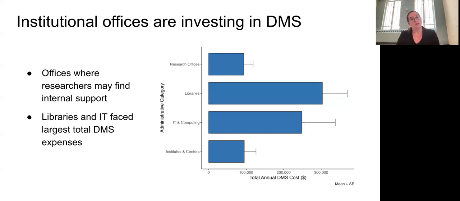And so this first graph is about institutional offices. And so we asked about cost, both in terms of staff time or labor, like who is supporting these activities, if they're doing consultation or other kinds of human labor, and how much are you spending on the infrastructure side? So in terms of hardware or software, other kind of things you're purchasing. And so here we have all the offices, and we have split them into 4 categories.